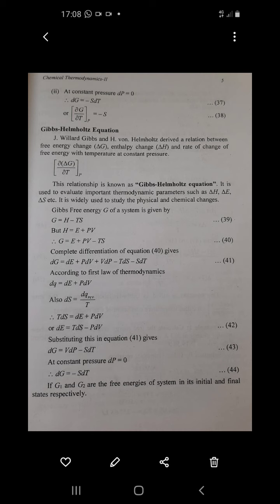Now, in the Gibbs-Helmholtz equation, J. Willard Gibbs and H. Owen Helmholtz derived a relation between free energy change delta G, enthalpy change delta H, and the rate of change of free energy with temperature at constant pressure. So in the last two video lectures about the Helmholtz free energy equation and the Gibbs free energy equation, we saw the first important thing,